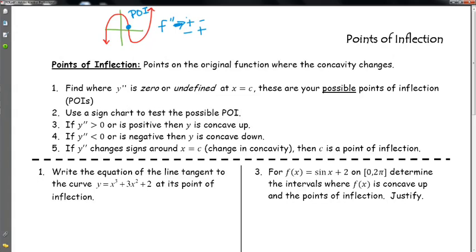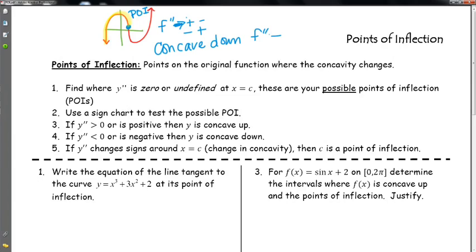The other part that we're going to be talking about is concavity, and what that means is which way it is curved. If it is curved down, that means it's going to be concave down, and that means your f double prime is negative. If it is concave up,